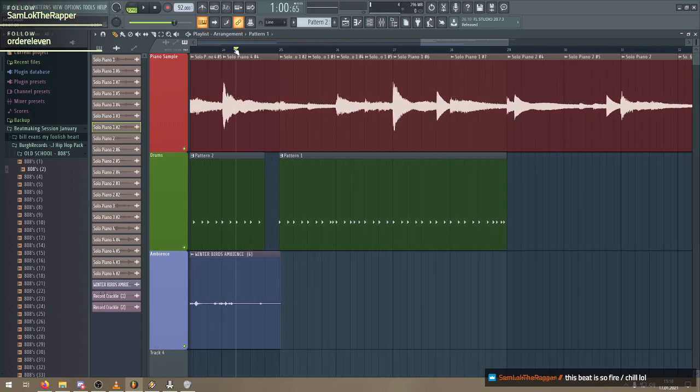I want to cut it down here because the transition isn't super smooth between the end of a solo part to the beginning of a solo part. So we could actually go ahead